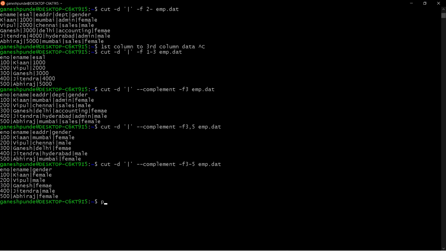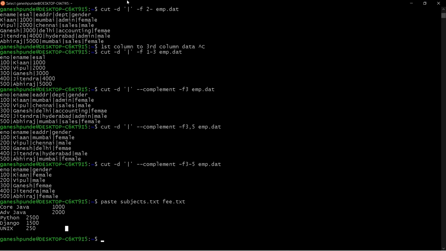So I'm saying paste subject and fee. Now you can see the subject from the subject.txt and fee from the fee.txt are separated by the space.